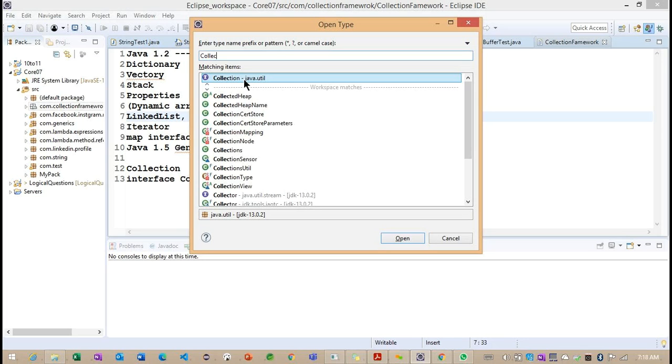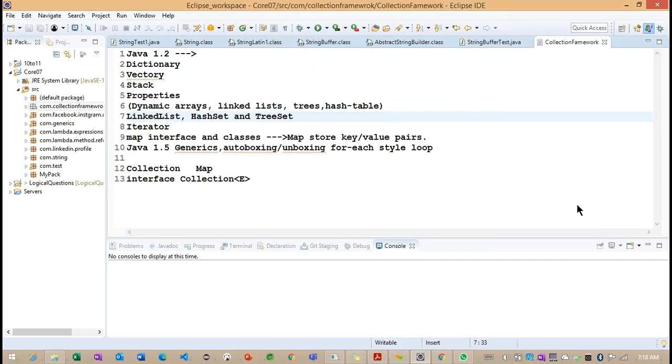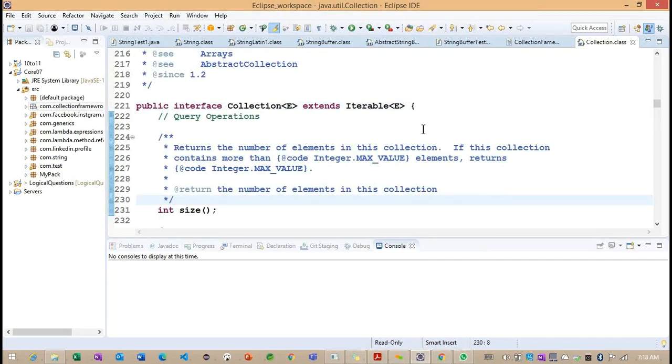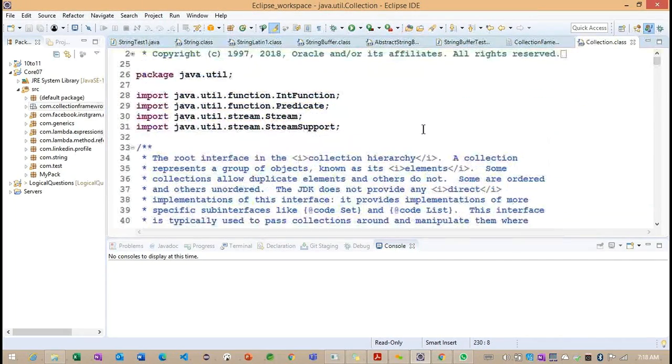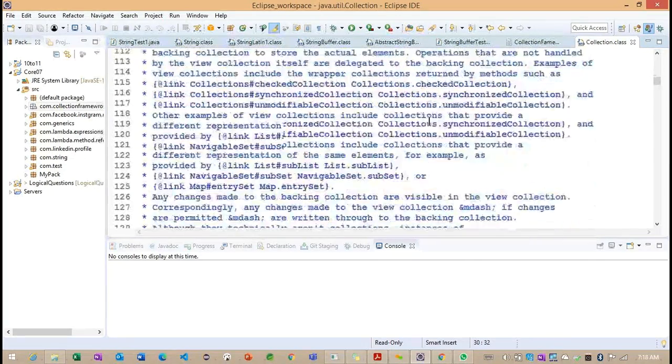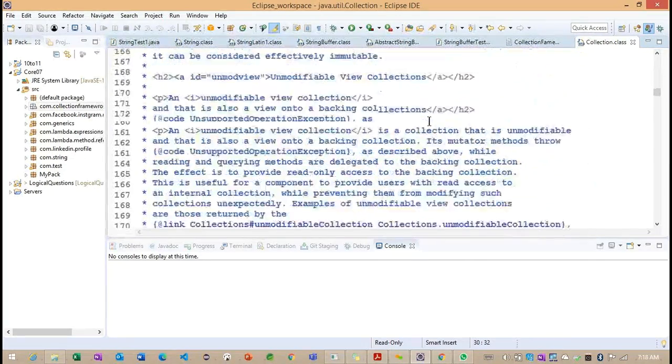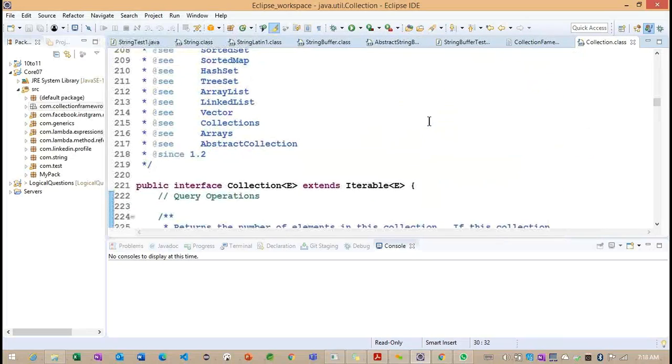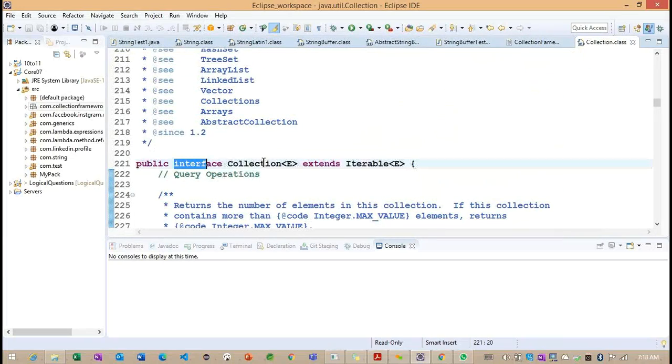So see the package information, because the Sun Microsystems people divided the concepts into different packages. Now observe the package name java.util and the name of this interface, collection.